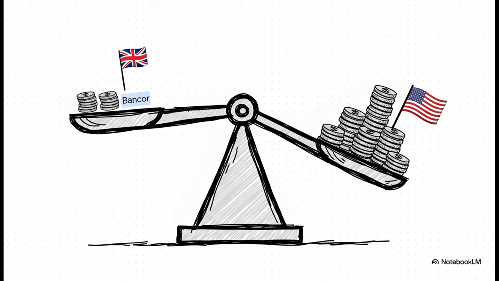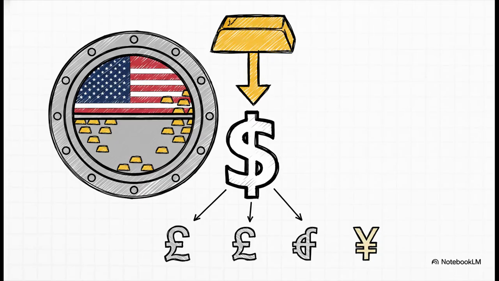And there were basically two competing visions. The British, led by the famous economist John Maynard Keynes, wanted a totally neutral world currency, something called the Bancor. But the Americans, led by a guy named Harry Dexter White, had a very different idea, a system built entirely around the US dollar. And well, since America had all the economic muscle, the White plan won the day. And this was the result.